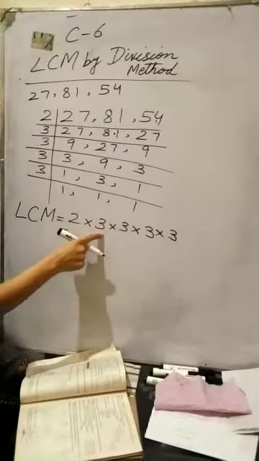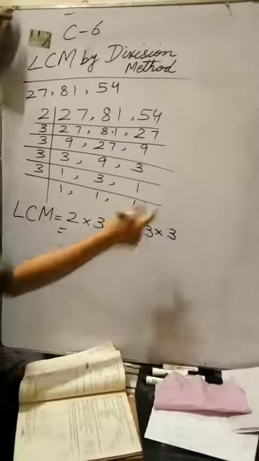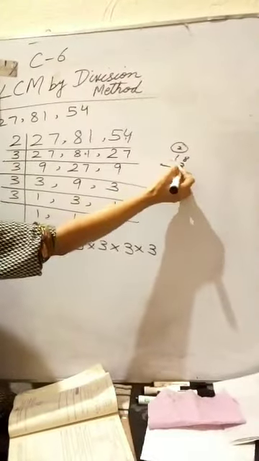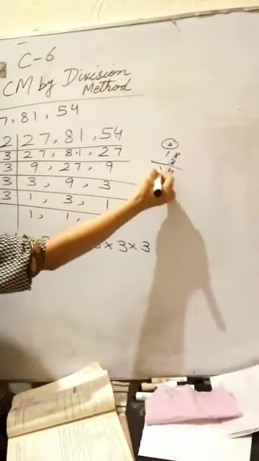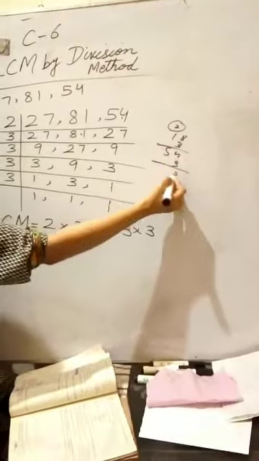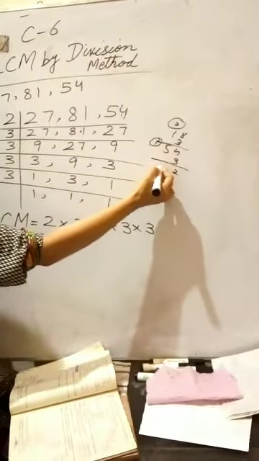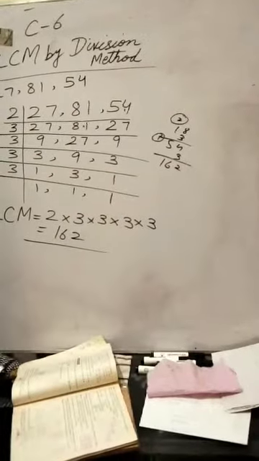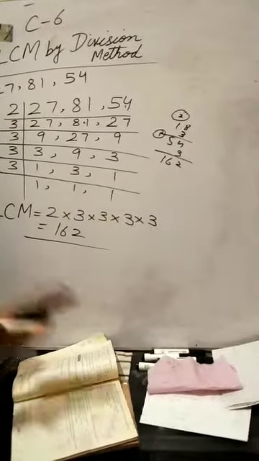So 2 times 3 is 6, 6 times 3 is 18, 18 times 3, let's see, 18. 3 times 8 is 24, 2 on the carry, 3 times 1 is 3, 4 5. Then multiply by 3, 3 times 4 is 12, 1 on the carry, 3 times 5 is 15 and 16. So 162 is the answer. Draw the ending line. Now I am taking another question.